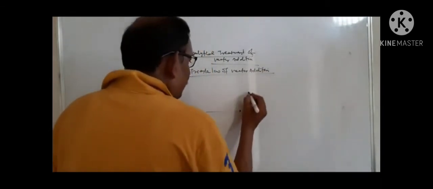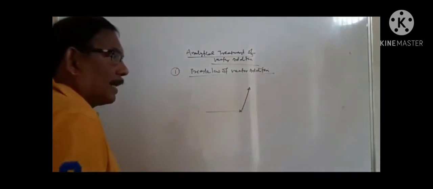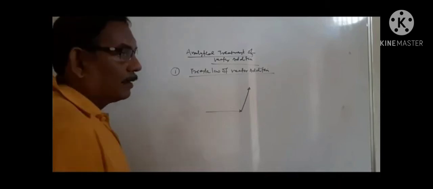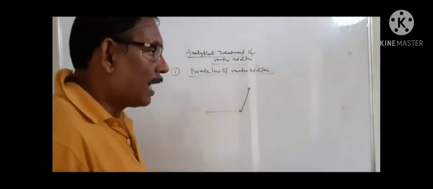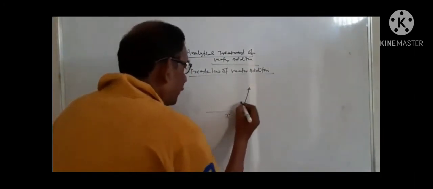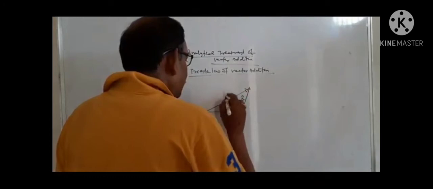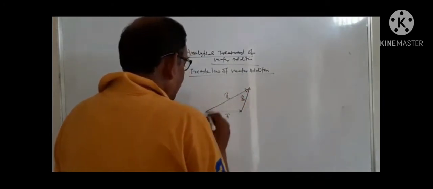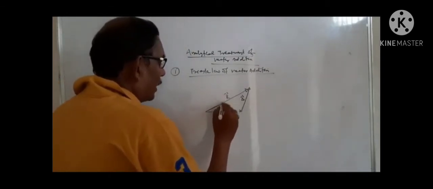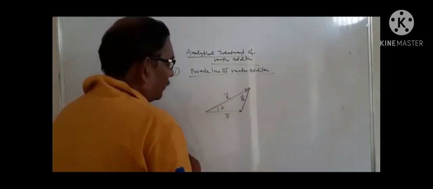If two vectors, both represented in magnitude and direction, are taken in the same order by the two adjacent sides of a triangle, then the resultant is given by the third side of the triangle taken in opposite order. So if it is A, it is your B; the resultant is the third side taken in opposite order. Then mathematically, how do you find the resultant? Suppose the vector R makes angle beta with the vector A.